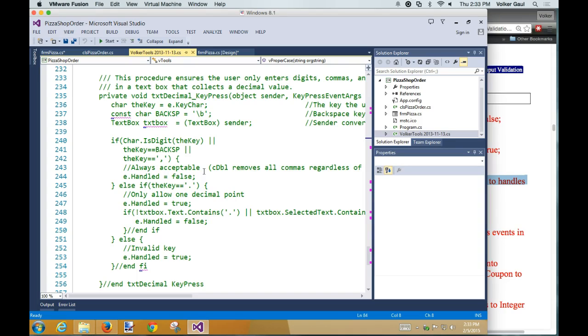Decimal places, I can check. Does the text box already contain a decimal point? Or does the selected text, oh, this is a not. If the text box does not contain a decimal point, or it's selected text and there's a decimal point in there, then go ahead and let them press it. Handled equals false. Display it. Otherwise, can't do it. Holy cow. I thought I fixed that. Anyways,